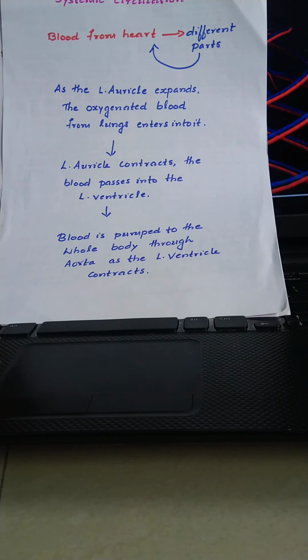So what is the systolic pressure? When the ventricles contract, the pressure of blood inside the arteries is highest and is termed systolic blood pressure. It is about 120 mm of Hg. When the ventricles relax, the pressure in the blood vessels is comparatively less and is termed diastolic pressure. It is about 80 mm of Hg. This is measured using an instrument called the sphygmomanometer.